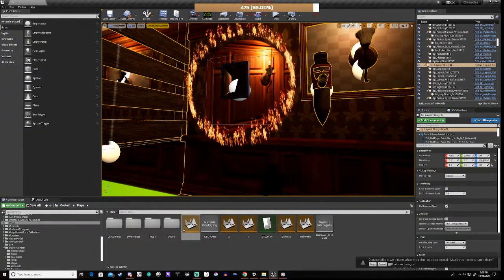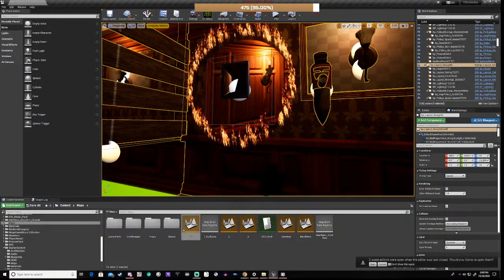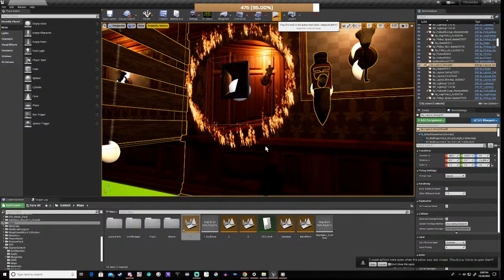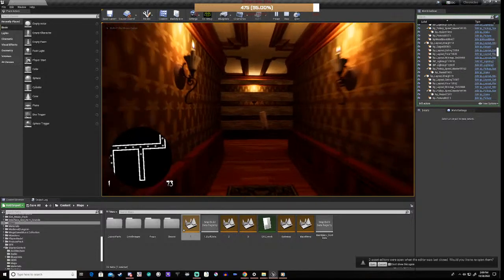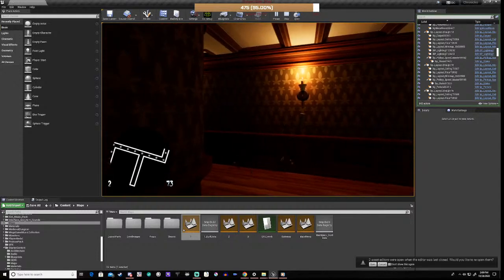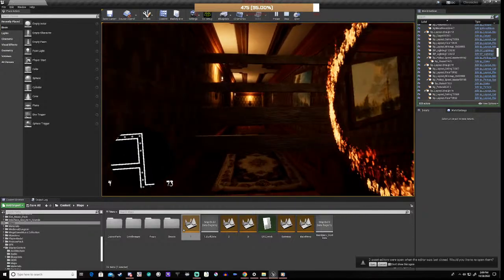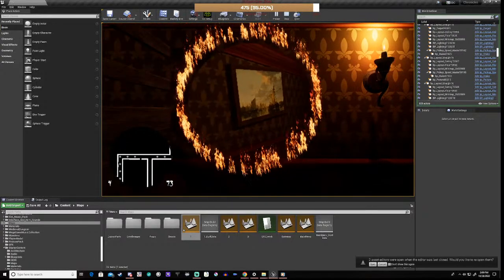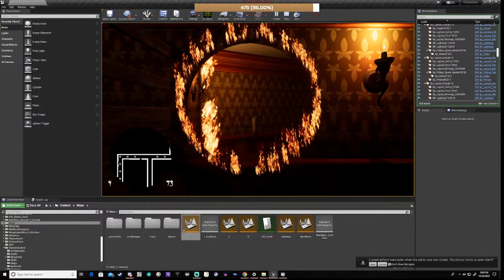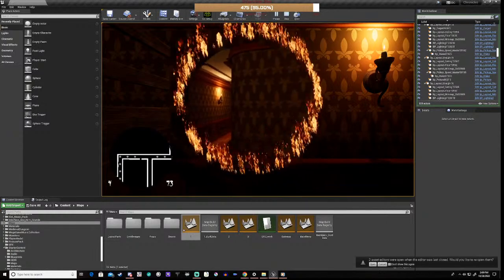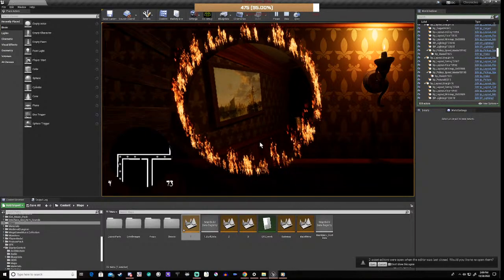We are working on our effects for our little old teleporters. And what I had an idea with is that we have a ring of fire. Okay? So with that in mind, what we want to do is adjust this